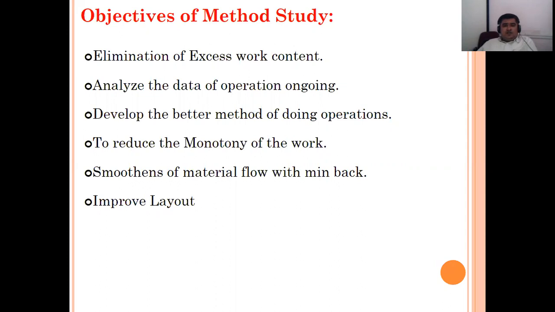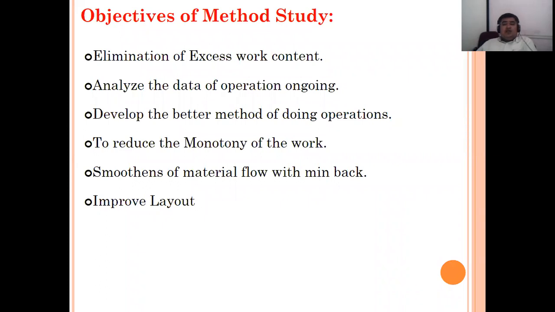So we can call it unproductive time, unnecessary operations. If the spanner is with you, you can search your toolkit, take it, tighten the screw, put it back, and immediately start the machine. So the going and chit chatting, that time is stopped. Work content, more operations given, that part is also eliminated, because for one machine only one operation is specified. Only one operation is given, and because of that the machine is working very nicely.